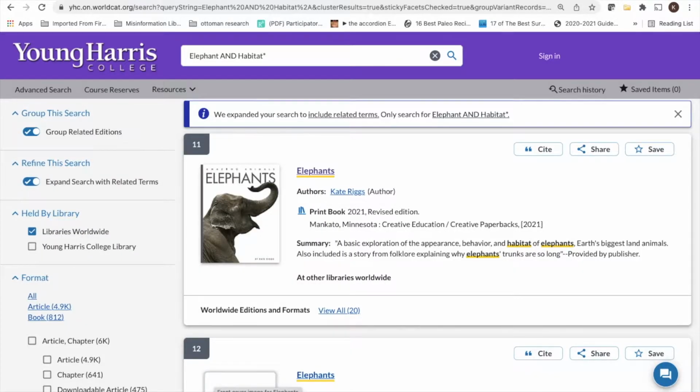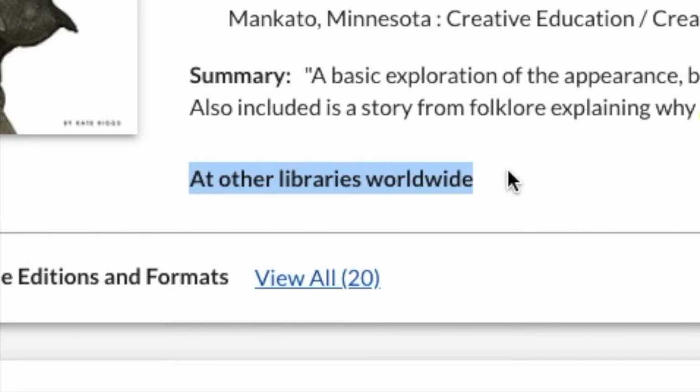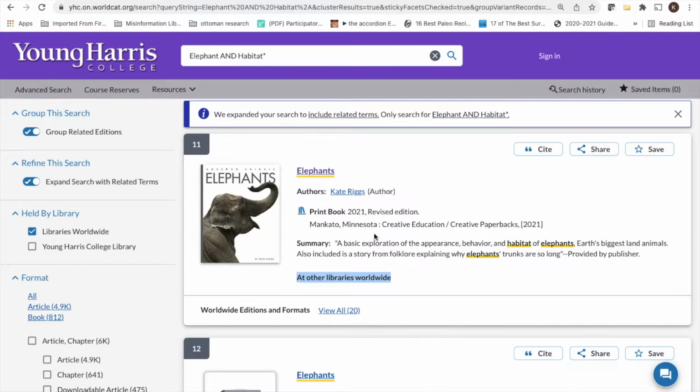Interlibrary Loan is a service that allows you to request items through other libraries when we do not have those items in our own collection. You will know that we do not have an item if you get the message, "Add other libraries worldwide." To make a request, simply click on the title,